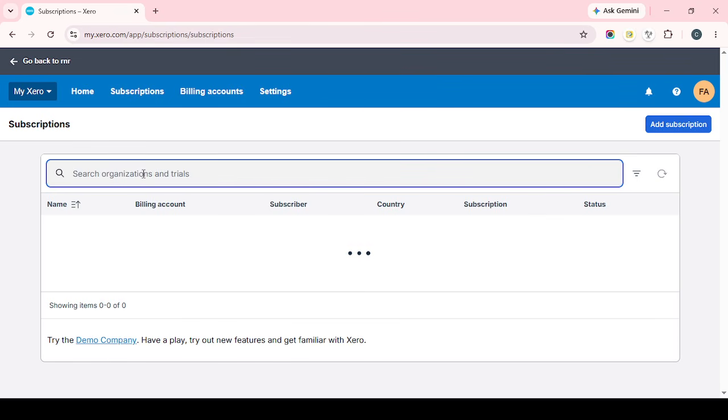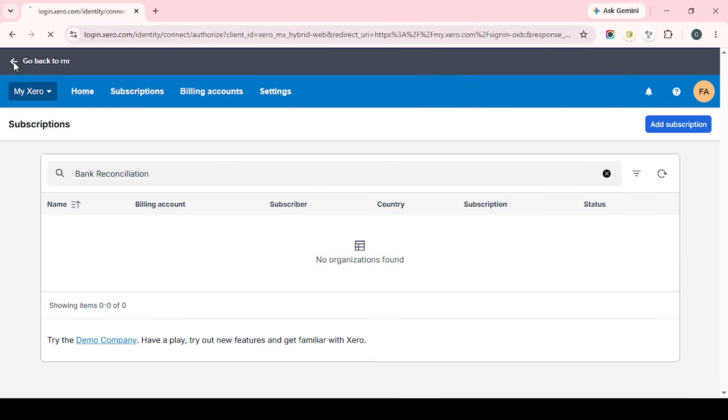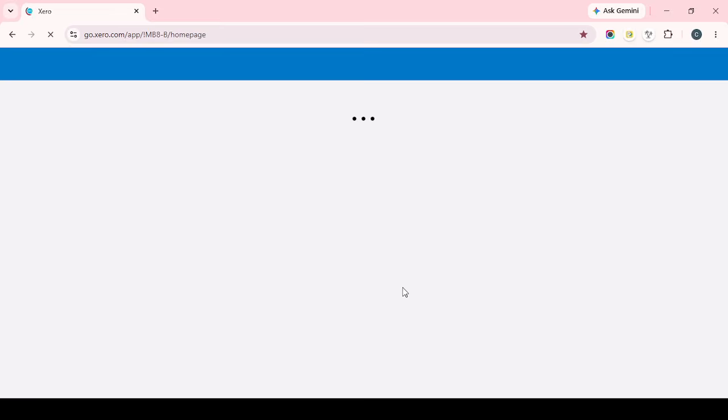Next, search for your card issuer in the available list. As you type, the system should narrow down the options so you can find the right provider more quickly. After you locate the issuer, select your credit card type. This step is important because choosing the correct institution and account type helps the software connect properly and import transactions